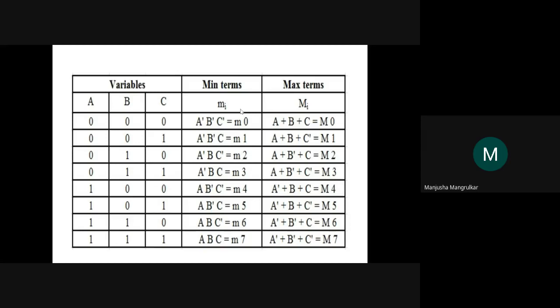Now why we want to minimize the Boolean equation? If the Boolean equation is bigger, that many gates we have to use. If the equation is using 10 gates, but when we minimize that equation, it might require only 5 gates. So we are minimizing the hardware components, we are minimizing the gates. So for that we need to minimize the Boolean equation. For that earlier we were using theorems. Now this K map is the simplest method to minimize the Boolean equation.